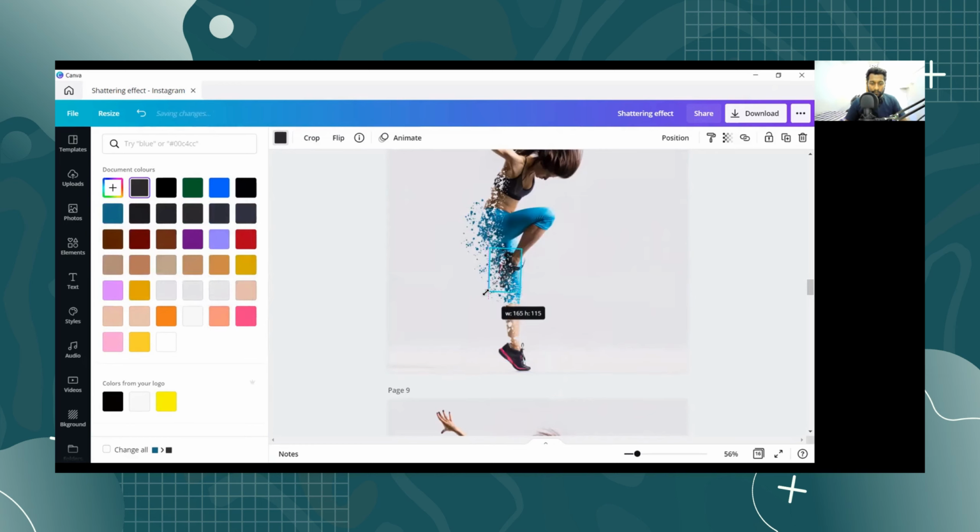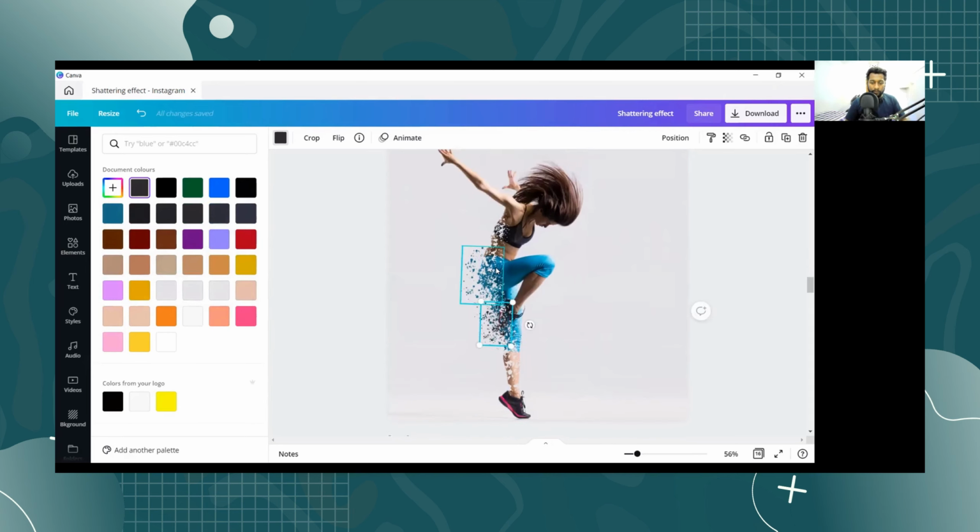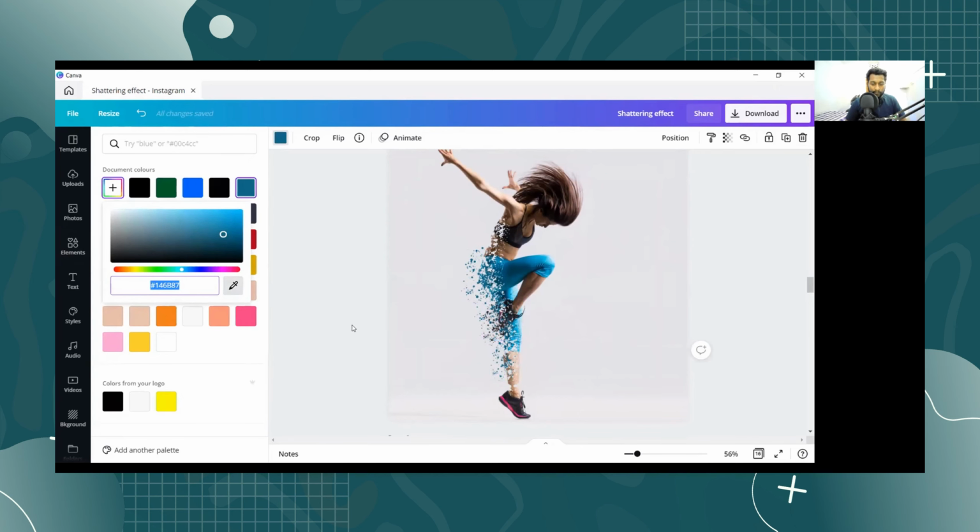I just need to arrange its size so I get this effect properly. You just need to duplicate and use this procedure according to your designs, with the same procedure for finding colors like this.